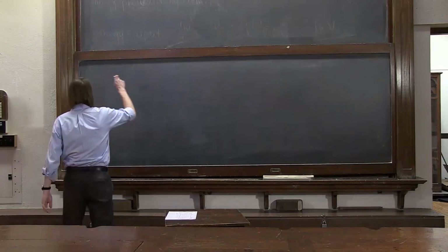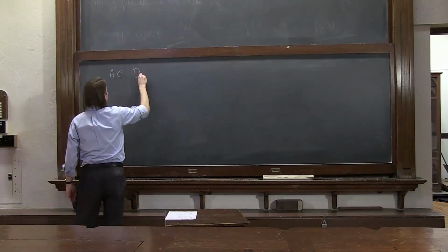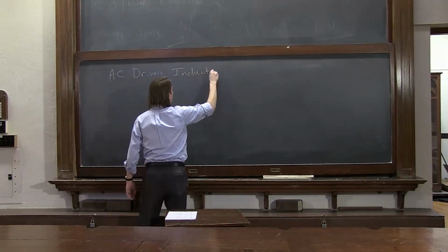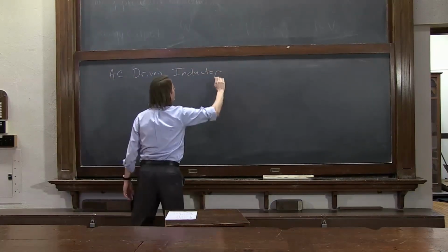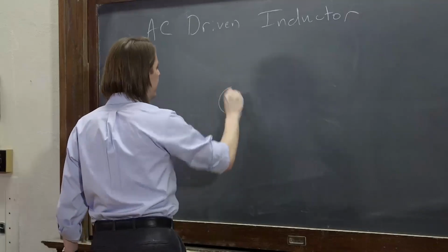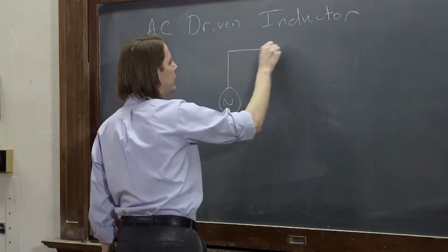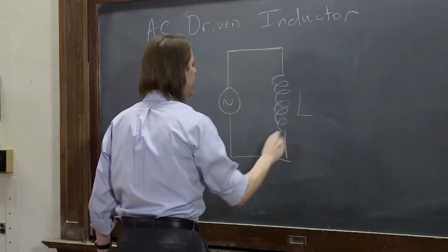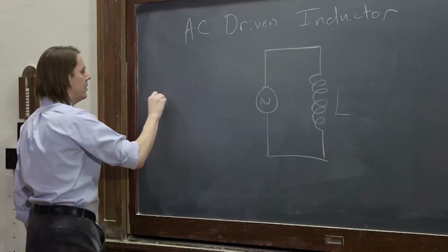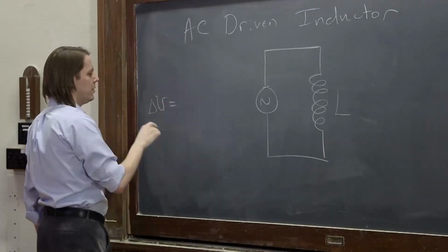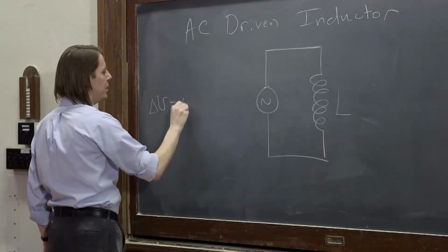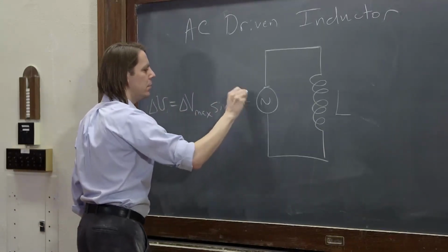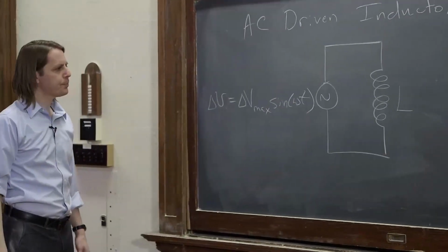And now for the AC driven inductor. Let's see, so again we have our AC source here, and now we're going across an inductor L, and this is again delta V. The voltage as a function of time is delta V max sine omega t,